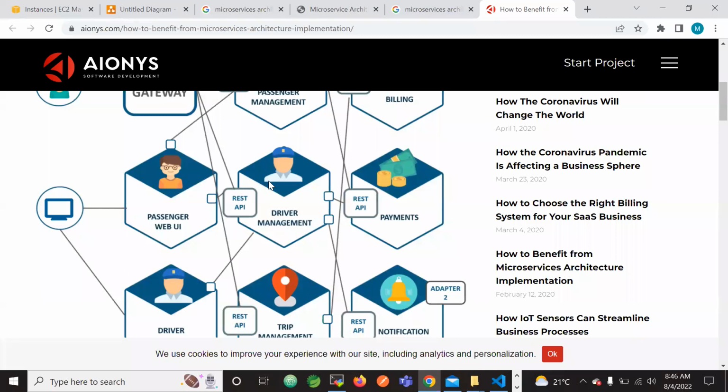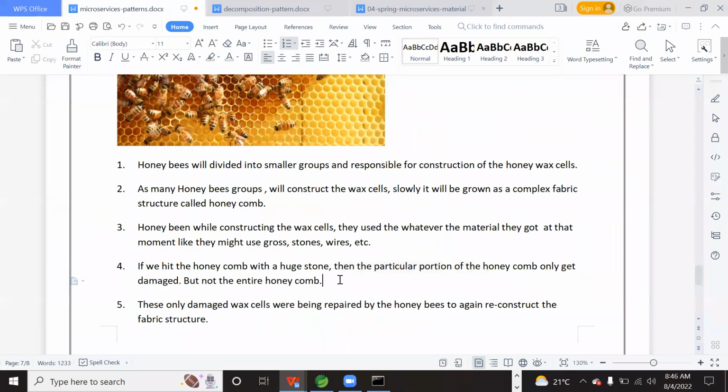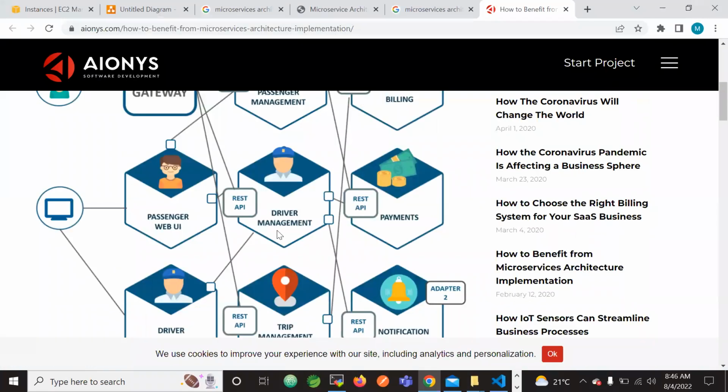So like how the honeycomb is damaged only in a particular portion, similarly if any issues or exceptions come and damage only a particular part of the microservices, that should not affect the other parts for sure, because the microservices are independently executable autonomous applications, tiny applications.